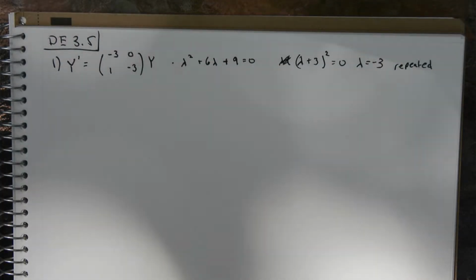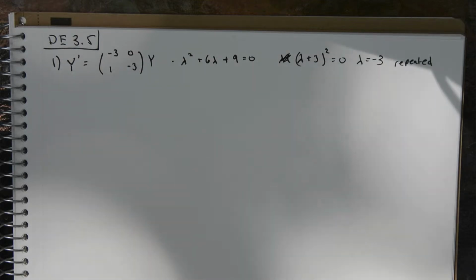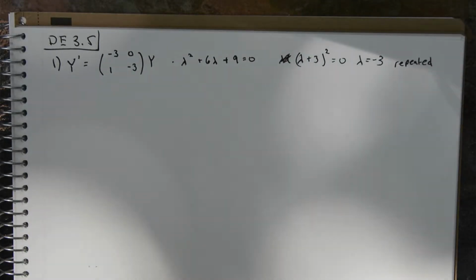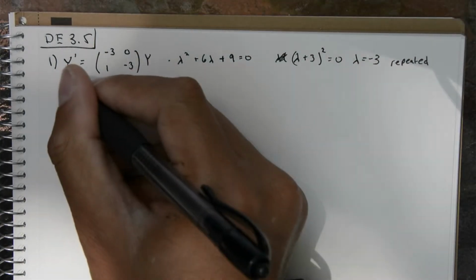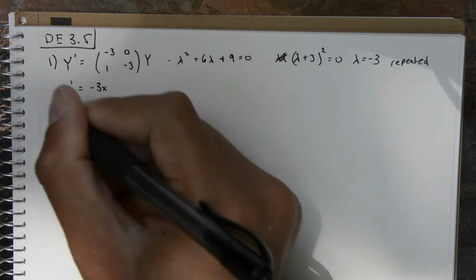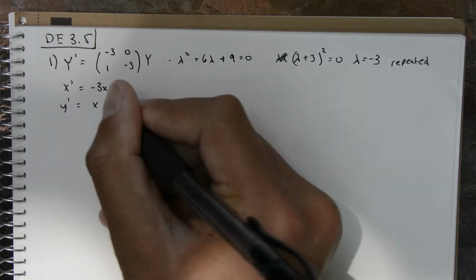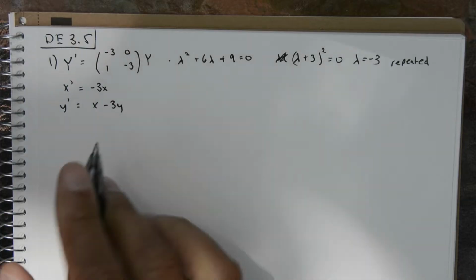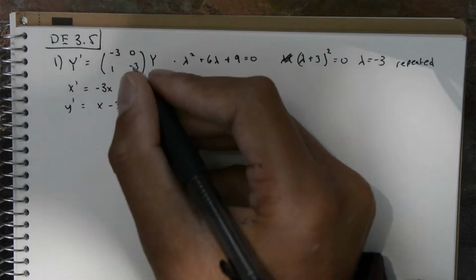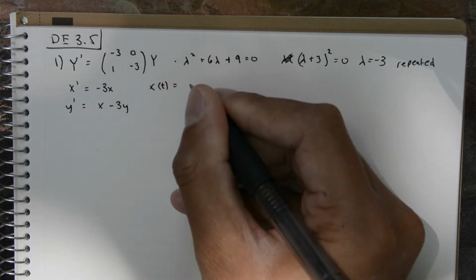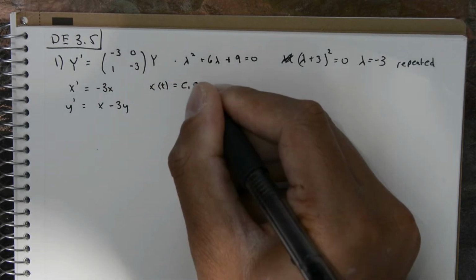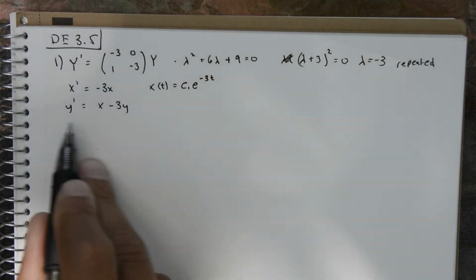Now, let's see, what are the steps to solving this? One thing that we could do is go through this whole process that x prime is equal to minus 3x, y prime is equal to x minus 3y, and then we do this whole decoupled thing that we did earlier, which is like x of t is going to be equal to c1 e to the minus 3t, and then we have to do this whole thing where